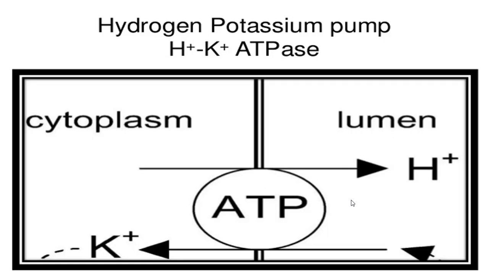Here you can see this is known as counter transport. From the cytoplasm towards the lumen, one hydrogen is moving into the lumen while, against it, one potassium is moving into the cytosol. The other type is known as co-transport. In co-transport, both molecules move simultaneously in the same direction, while in counter transport one molecule moves in the opposite direction of the second molecule. This is an example of counter transport, and it occurs in the renal tubules.